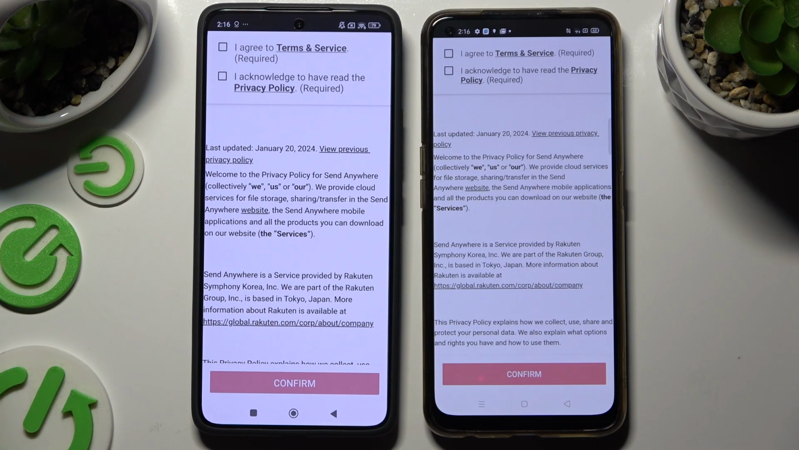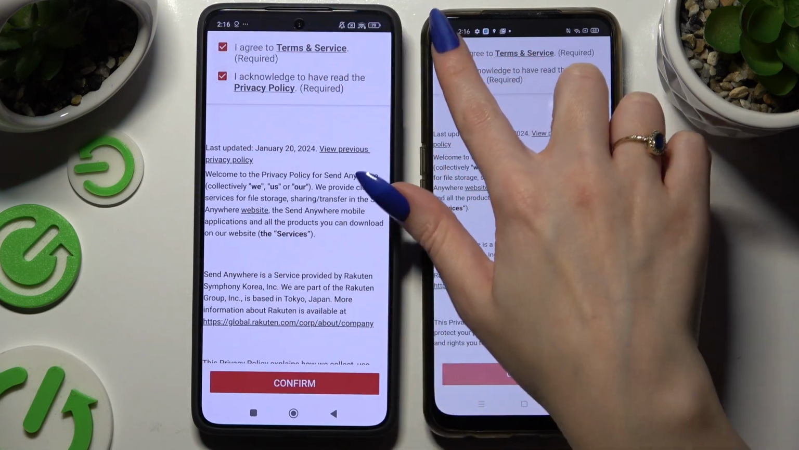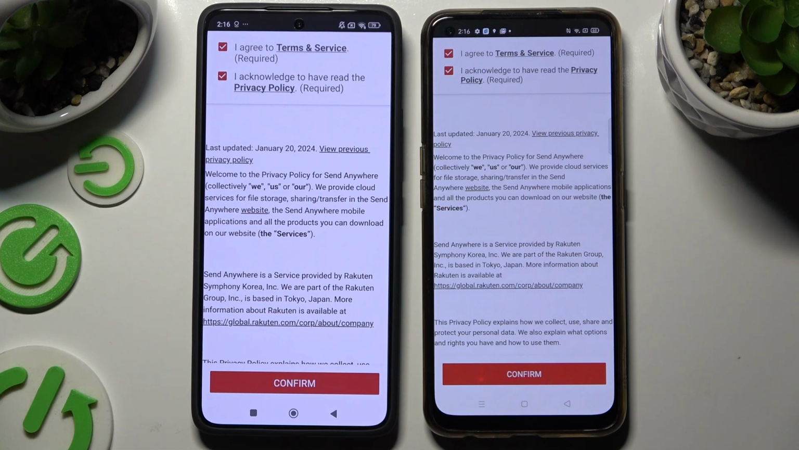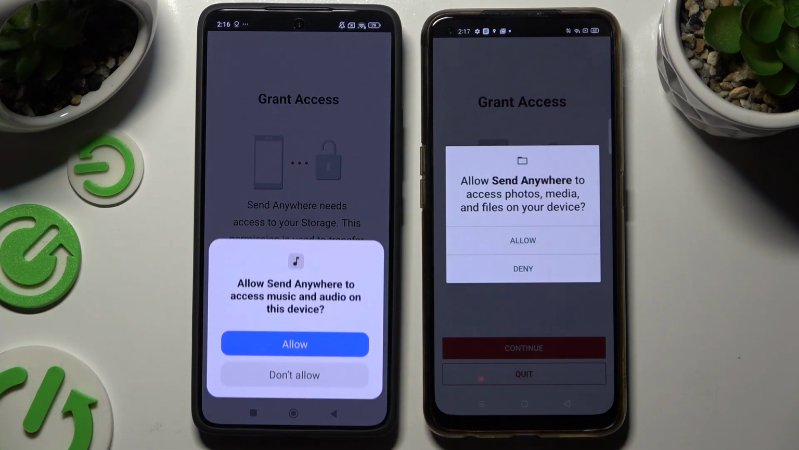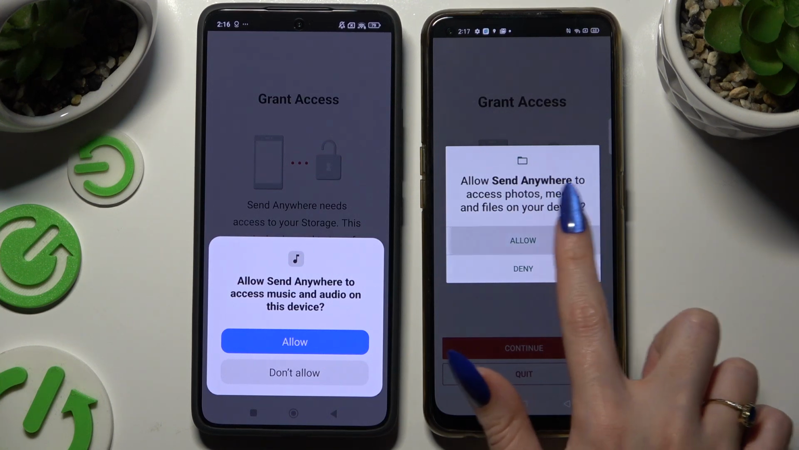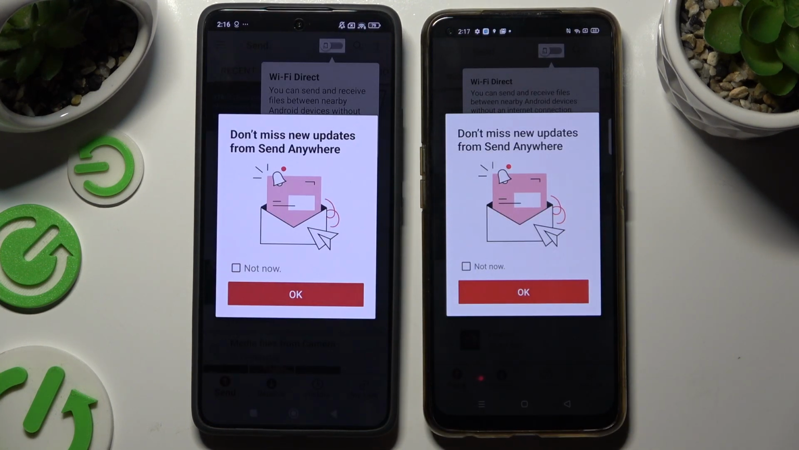Then click on the same options in both to set them up. Firstly, I agree and I acknowledge. Then confirm, continue, and allow. In this window about new updates, you can tap on Not Now or close it right away by hitting